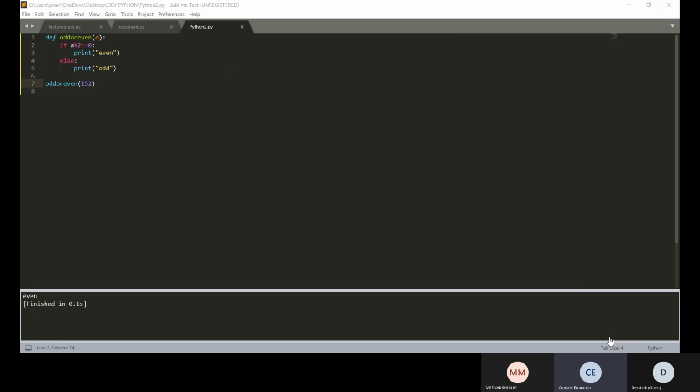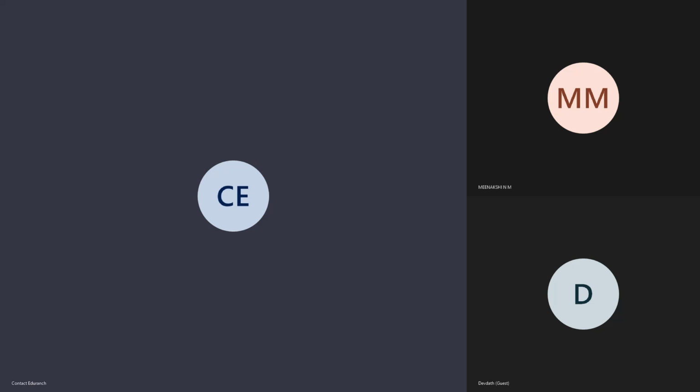Okay. Now, let's try one more thing. We have seen variables. We have used if. Now let's use nested if else, chained if else.